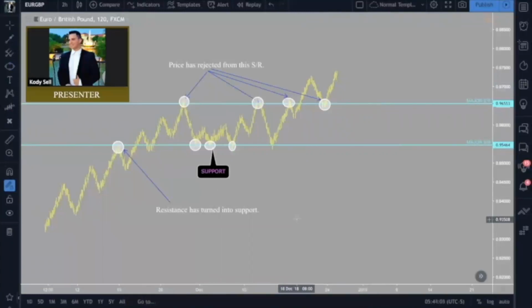Now, when we discussed conceptually how support and resistance worked, we used an analogy of a bouncy ball in a hallway. And we talked about how the ceiling and the floor were much stronger than the ball, therefore the ball bounced back and forth. So the idea is that these support and resistance levels are very strong. So in order to break through a ceiling or a floor, there would have to be a lot of force. That ball would have to be very strong. It would have to be moving very fast. There would have to be a lot of momentum for that ball to bust through the floor